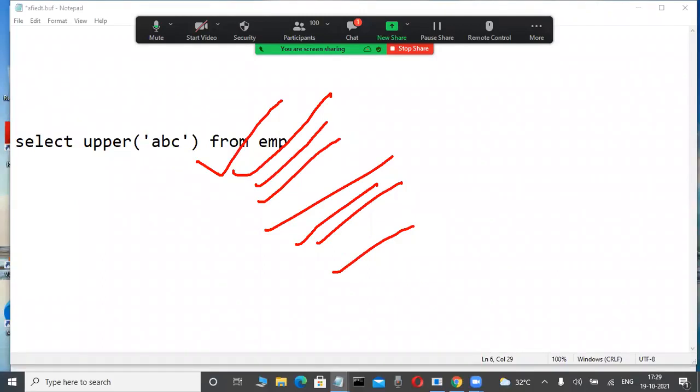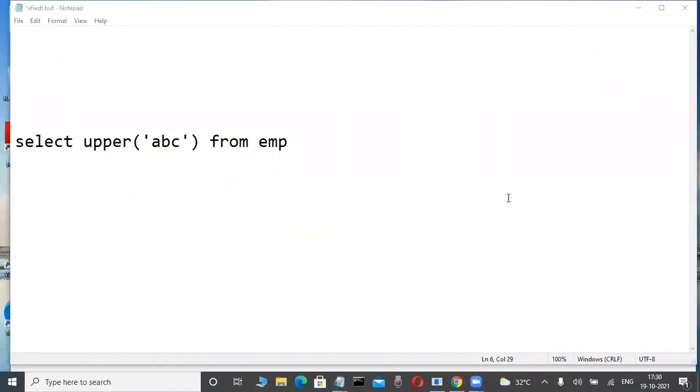Why are we using a dual table? That is the question. Now check it out, concentrate. There is a reason. When we use a table to test predefined or user-defined functions functionality, it works. But unfortunately, what is the problem? Whenever I use the EMP table, how many times is the output displayed? Observe here. In the EMP table, however many rows there are, that number of times